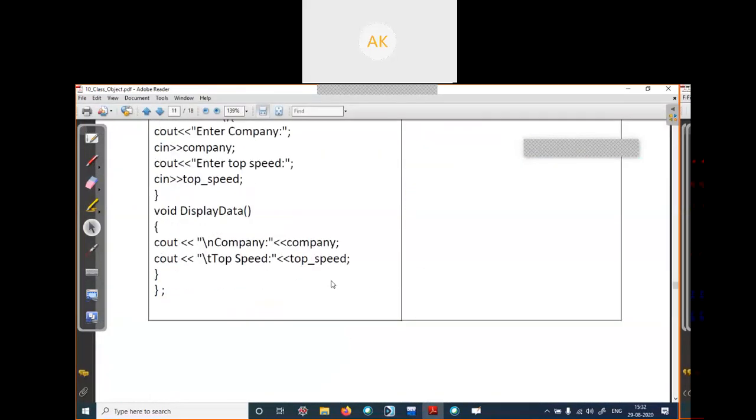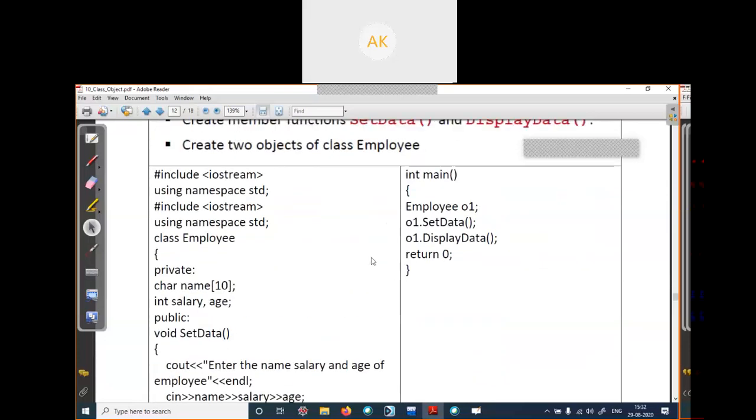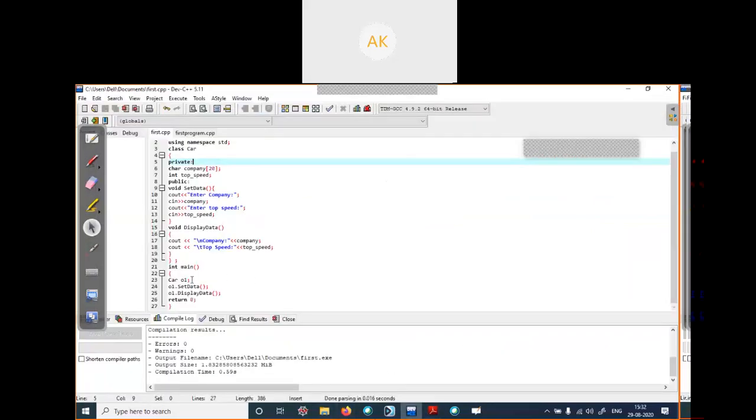The same program I just write here in the PPT. Okay, one more thing. You can declare two objects. In the same program I declared one object O1. If I write two objects O1 and O2, we have two objects, meaning two different cars.